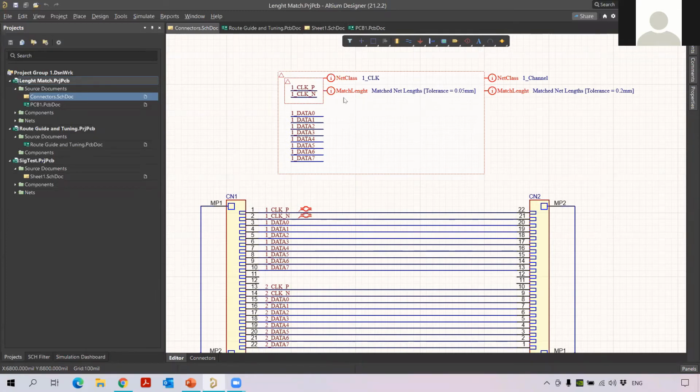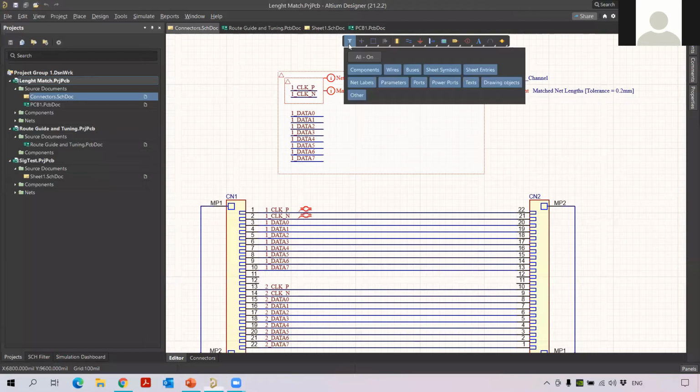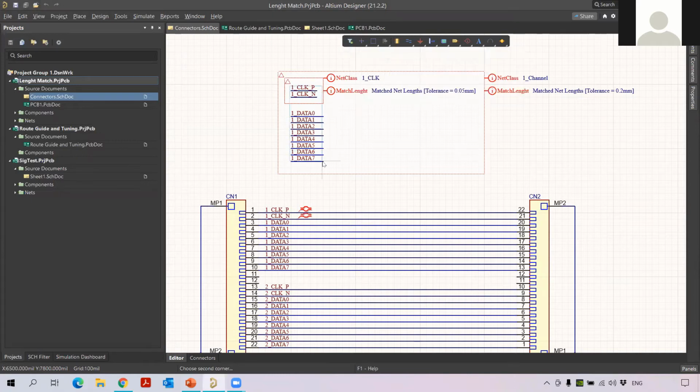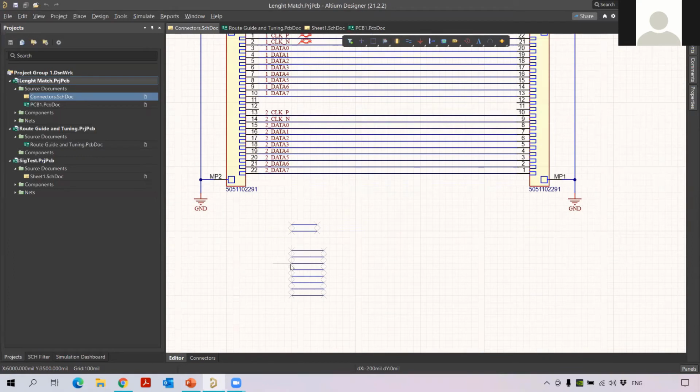So this is to show that we can set your rule and we can create your class from the schematic itself. You can do it either from the schematic side or from the PCB side. For this case, I have done it on the schematic side. So let me show you an example of how to do it. I go to the filter and I'm going to do it for you now. I select the wires. So I filtered the wires, I copied the wires, and then I'm going to place it here.